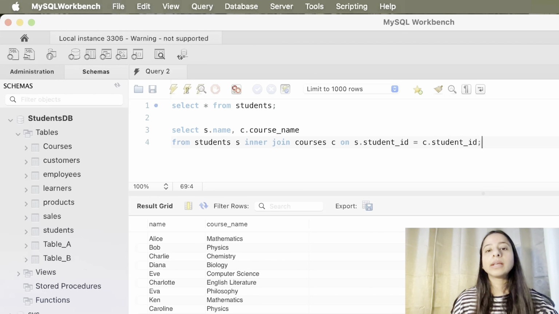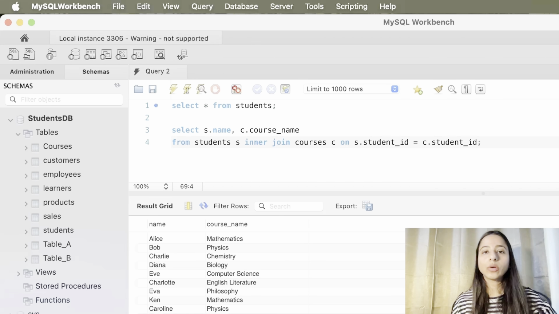Now the next is left join, or you can say the all-inclusive join. With a left join, we keep all the records from the left table, in this case let's say students, and match them up with the right table, which is courses. But we keep all of the data from the left table, which is students, even though we do not find a match from the right table, which is courses, but with null values for the missing course info.